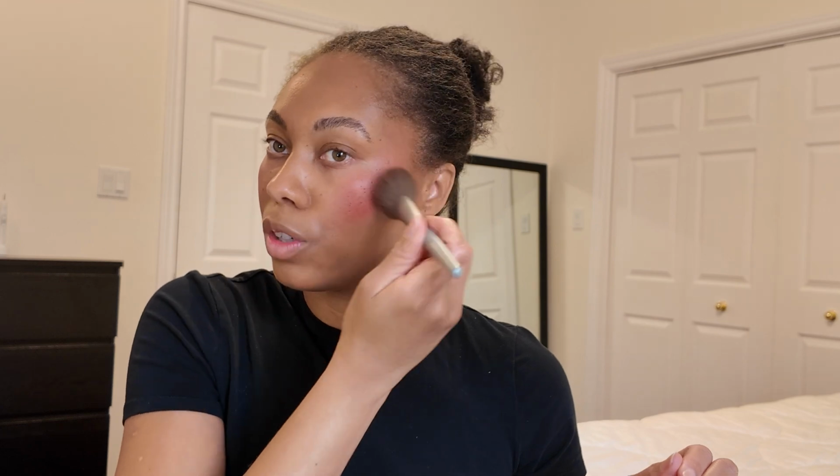If you're a person who uses your beauty blender, just make sure after you've used your brushes to go back in with your beauty blender. So next is concealer. For this placement, yes, it's going to be a summer look, but we still want to give a little bit of a chiseled face. So I'm going to add my